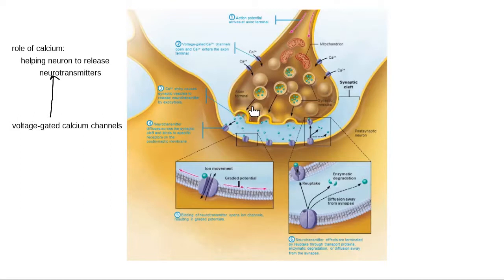Does anyone happen to remember what kind of ion channels helped a neuron get to positive 30? What's the one that helps us get there really fast? After threshold, who depolarizes us? Yeah, it's those sodium channels, right? Specifically, those voltage-gated sodium channels. These are also found at the axon terminal. Voltage-gated sodium channels, their job is to depolarize, or to make positive,